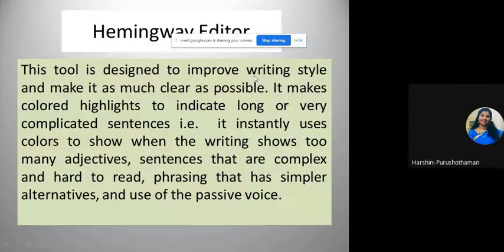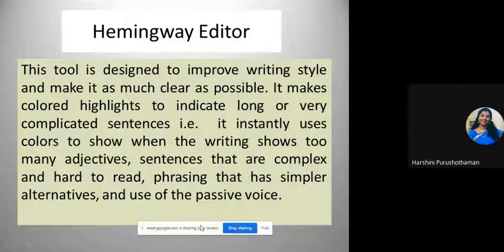Now coming to Hemingway Editor, this tool is designed to improve writing style and make it as clear as possible. It makes colored highlights to indicate long or very complicated sentences. That is, it instantly uses color to show when the writing has too many adjectives, sentences that are complex and hard to read, phrasing that has simpler alternatives, and the use of passive voice.